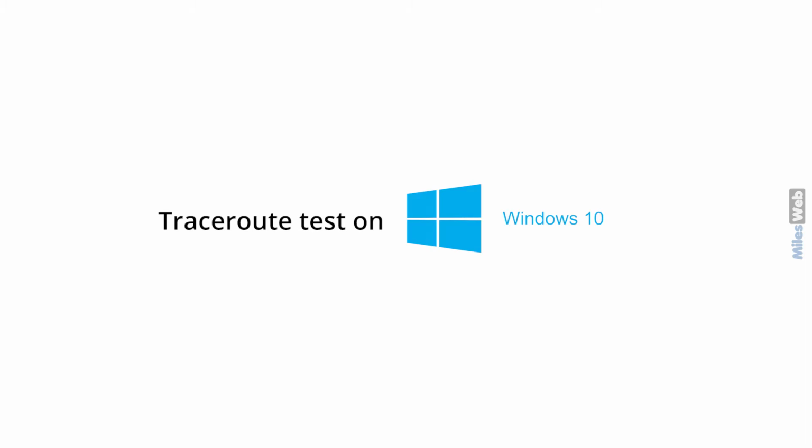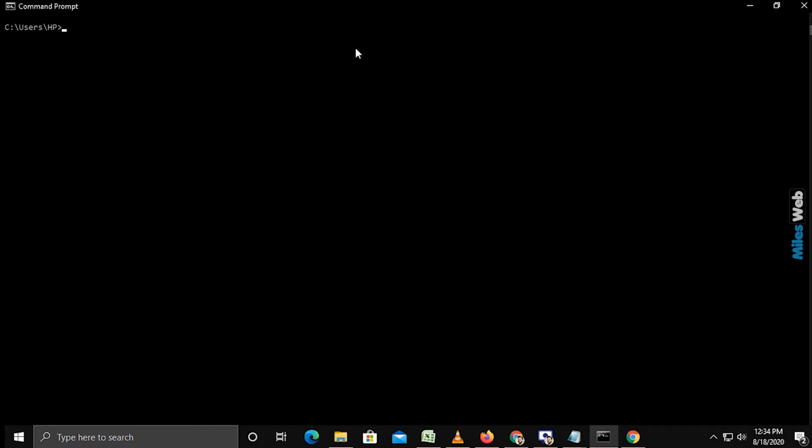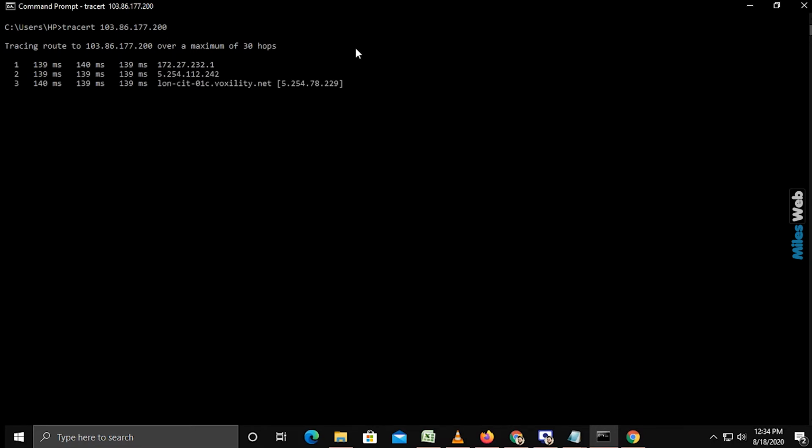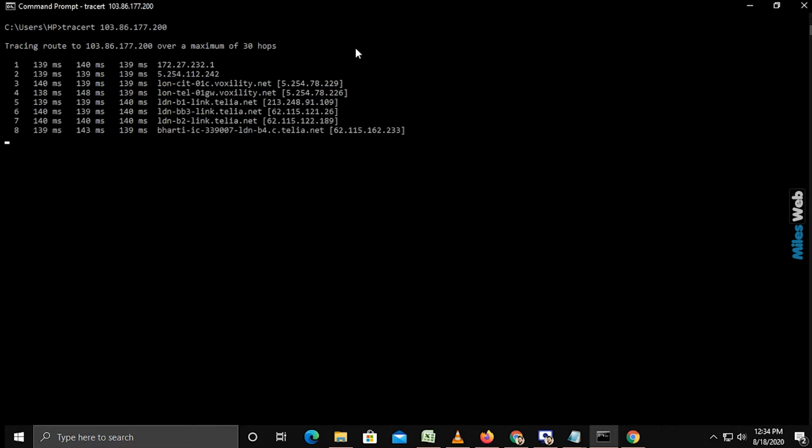Traceroute test on Microsoft Windows 10 operating system. In the same window, type this command: traceroute space website name or IP address and press enter. This command tracks the pathway taken by a packet on an IP network in real time from source to destination.